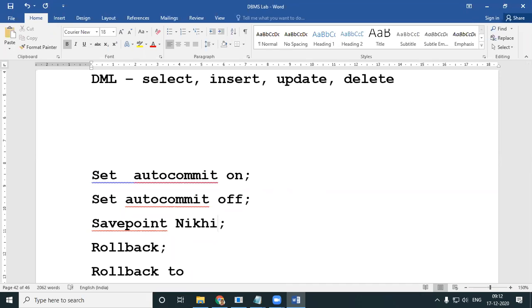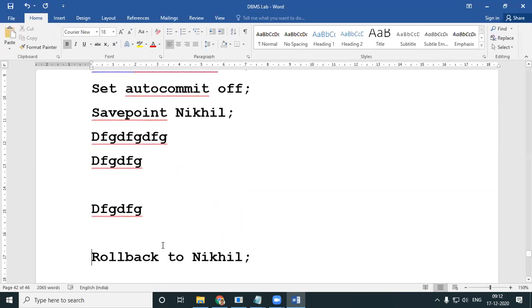You can give anything. Okay, and you can even have a simple rollback where all the things roll back up till a particular level, or you can have, let's say, simply rollback to Nikhil. Okay, so everything which happened in between the save point Nikhil up till this particular statement, let's say you had many statements over here, all these are rolled back, and then you go back to the original condition or original position where you gave the save point Nikhil. We'll see all that with the help of examples.